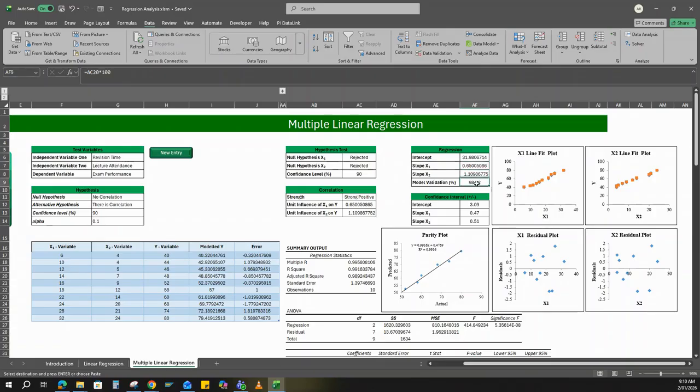We look at the model validation value. This value is the R-square value here. It's 0.98, but in percentage it is around 98.92%. What this means is that